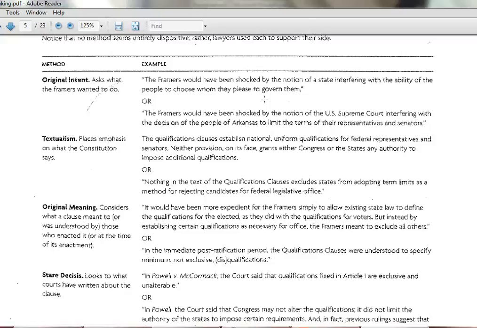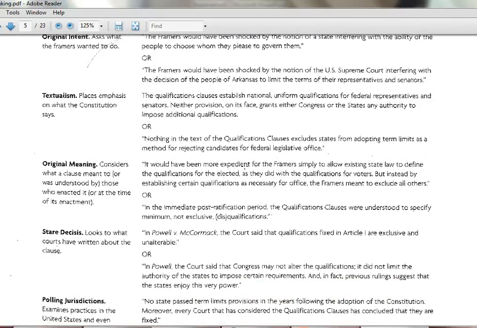As you answer question 8 in your case briefs, you can say the majority makes an original intent argument, and then you give that argument. The majority makes a textual argument. Here's the textual argument. All right, stare decisis